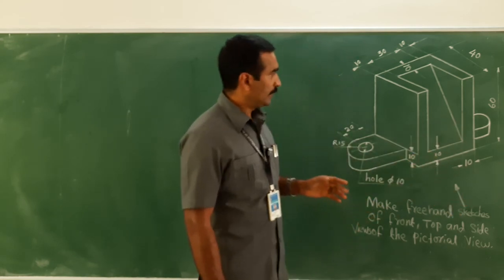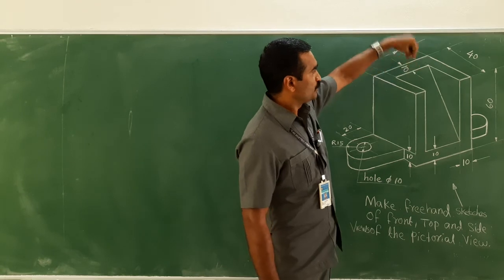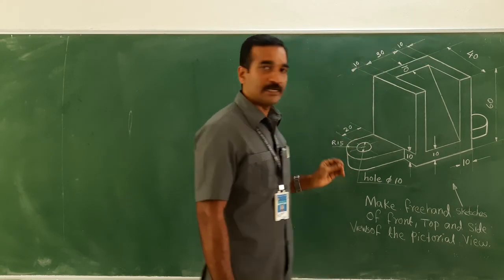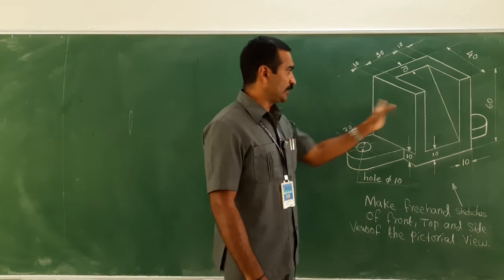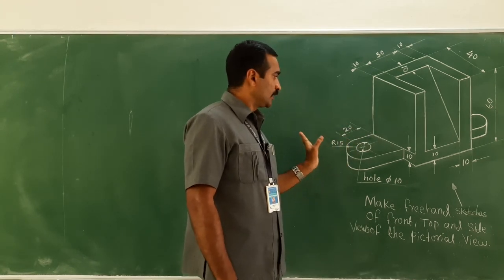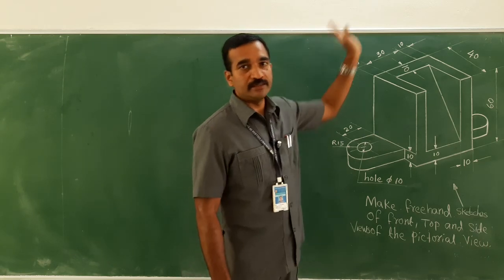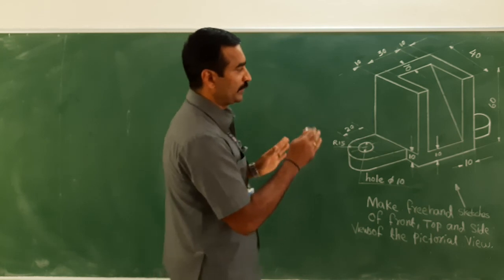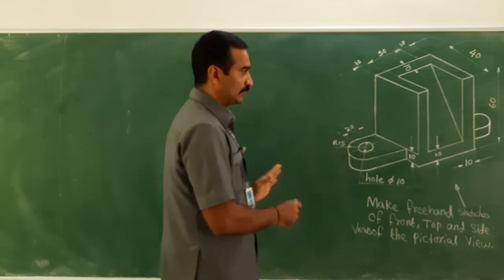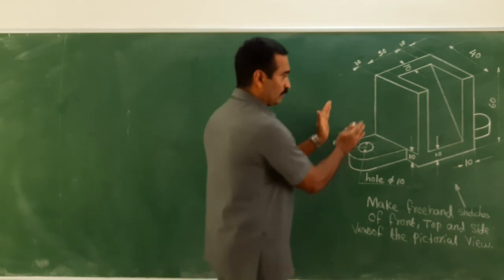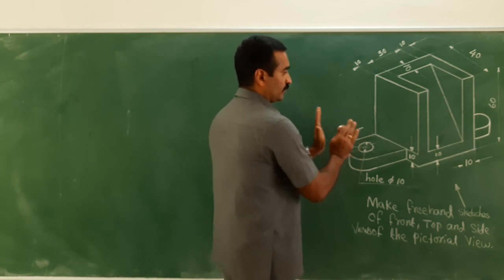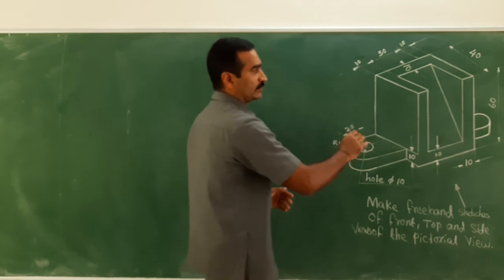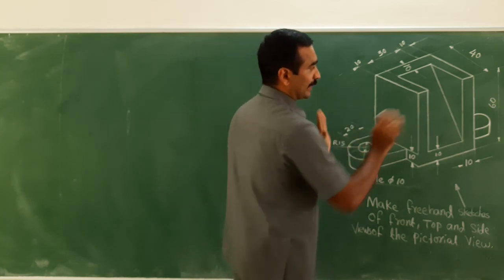Right? Then for the top view, just perpendicular to the image from the top, and for the side view perpendicular to the object and looking at the left side, I need to draw the right hand side view. That means the side view should be drawn adjacent to the front view in the right side, because I will see the object from left side of this particular object and draw the view in the right hand side of the front view.